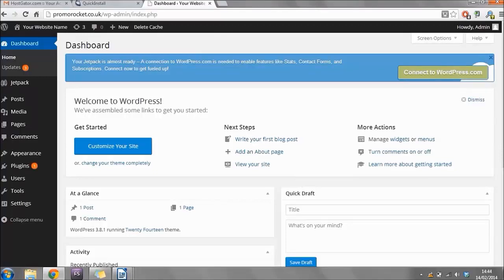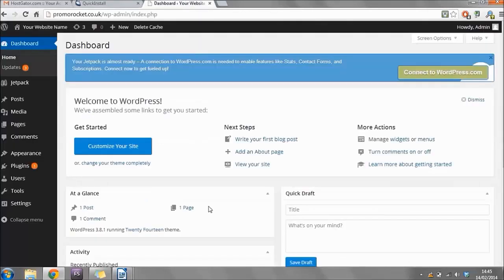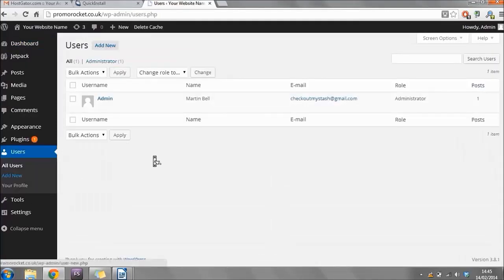The first thing I like to do when I get logged into the dashboard is change my password, because it's unlikely that I'm ever going to remember this one. So to change your password from the dashboard, on the left hand side you just want to click where it says users, and then if you hover over the username that you've just set up, you'll see that it now says edit. Just click edit,